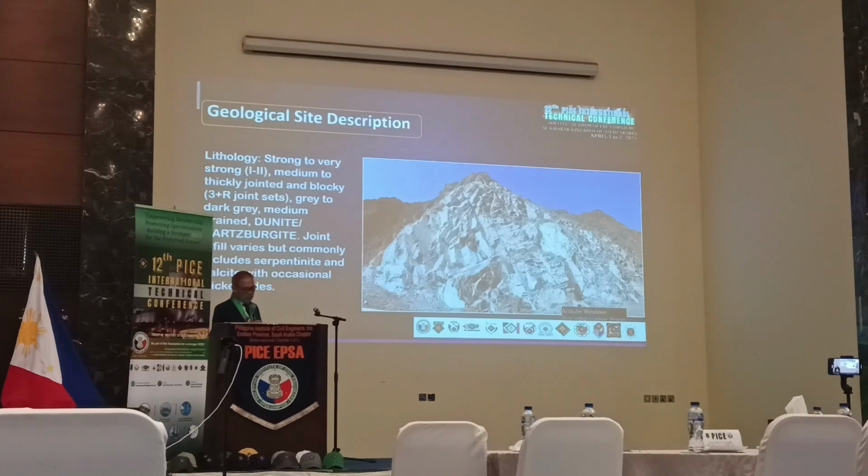Gray to dark gray, medium gray, and the geological name, dunite, Harzburgite. And the joint filling varies, but commonly includes serpentinite and calcite, which is typically slick and sided. So pag hinawakan mo siya, smooth siya, parang quartz, na maganda tingnan kapag nag-reflect yung sunlight. But the disadvantage of that is kapag nagkaroon ng mga planar failure.